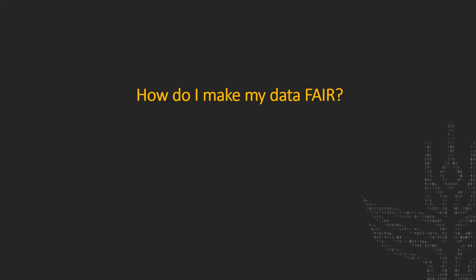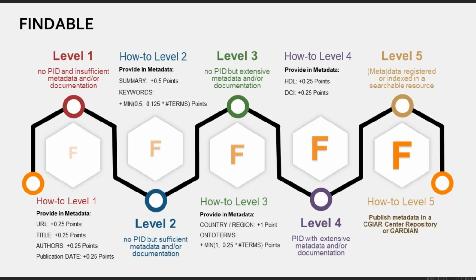Now, I've talked about findability, accessibility, interoperability, and reusability. So the obvious question you might be asking yourselves is, this is all very fine, but how do I actually make my data FAIR? So what we've done on Guardian is enable you to figure this out. And I don't want to go blow by blow through this for each of the four things, but what I will say is the key bits for findability, to attain a good score for the F, 4 and higher, ideally higher than 4 is what you're aiming for,